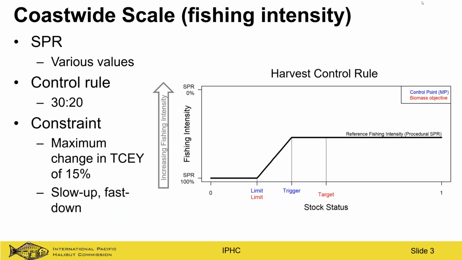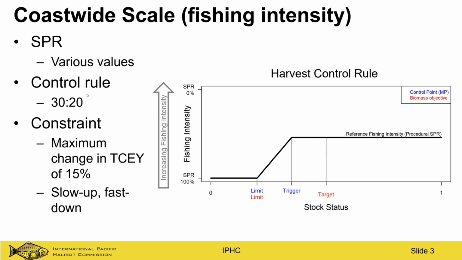So again, a little bit of background on this. In the coast-wide scale or the fishing intensity part, we are investigating various SPR values, or the level of fishing intensity. And then as a reminder, we operate under a control rule here with an input or procedural SPR that's then modified as stock status gets low, declining at a trigger, and then going to effectively an SPR of 100% at the limit, although some fisheries would still occur even at these low levels, like bycatch fisheries and unguided recreational subsistence. We're only investigating the single control rule